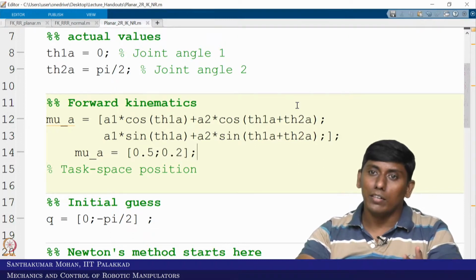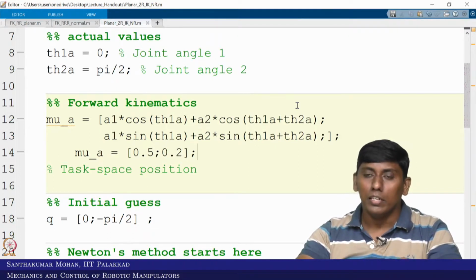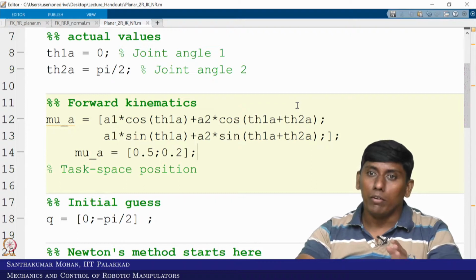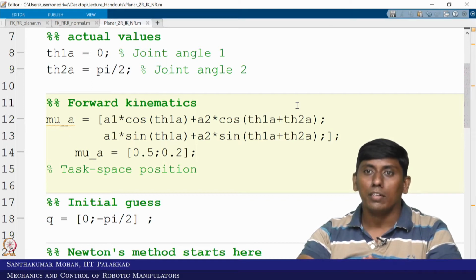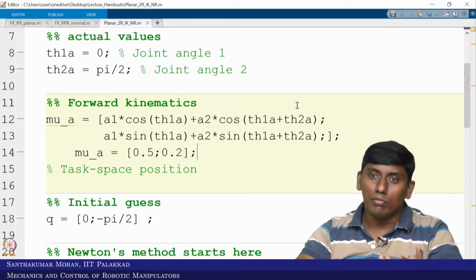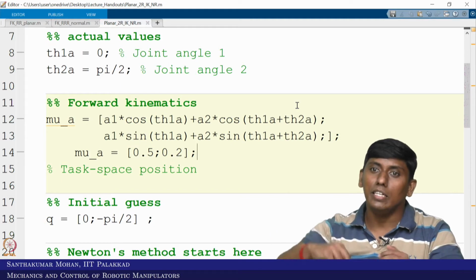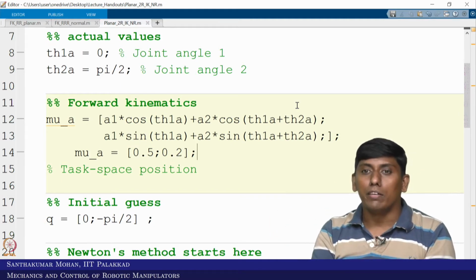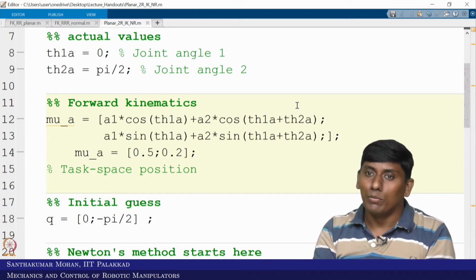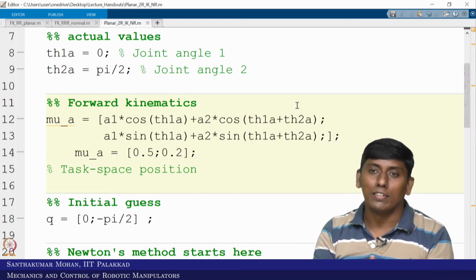The next lecture will be on differential kinematics. I hope you have come across the basic description of forward kinematics and inverse kinematics, and you have seen a real robot, somehow close to this. Next we will see differential kinematics. There we will see even real manipulator configurations and how to arrange the frames and other things. With that I am closing this lecture. See you then. Bye.